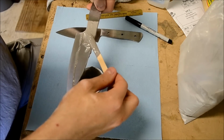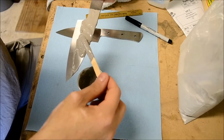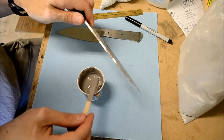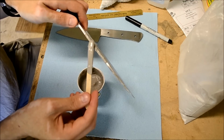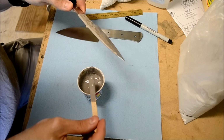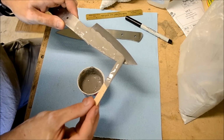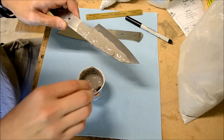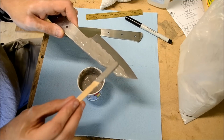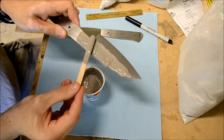And just coat it real thinly, all the way up the blade. Then remember to get the spine of the blade, because you want that protected from the heat as well, or insulated with heat. You want to protect it from cooling down too fast. That's actually what happens. The Satanite acts as an insulating layer, so that the steel up here cools down